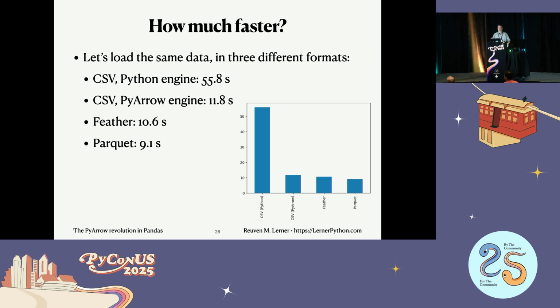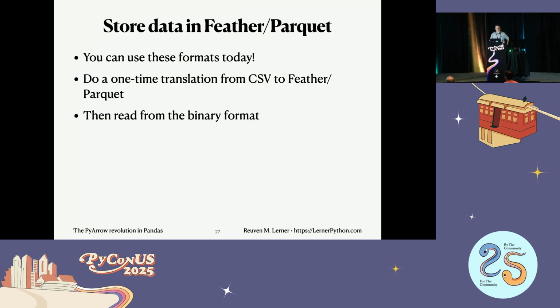And you can be storing it, instead of in 64-bit, in 32-bit or 16-bit. You can really specify and then crunch it down even more. So you can use these formats today. I've also heard of many people who read in the data in CSV once, like they go out for a very long lunch, come back and it's done, and then they save it to Parquet or Feather, and then no longer can they take lunch at work, but at least it's working faster. This is terrible, by the way, if you are paid by the hour.